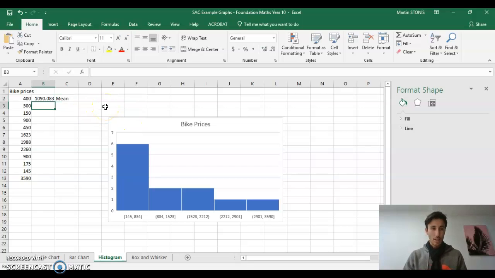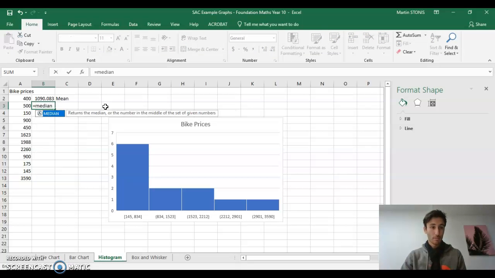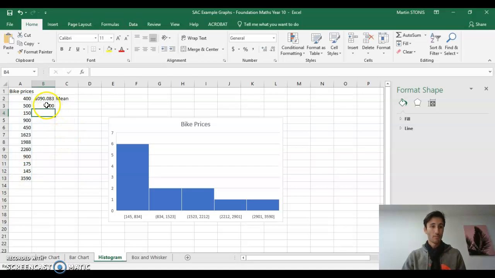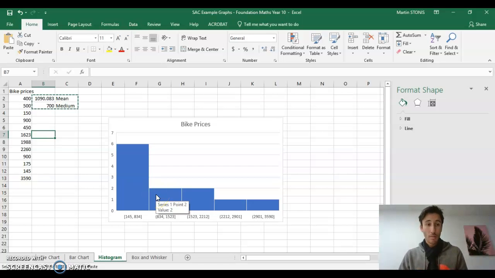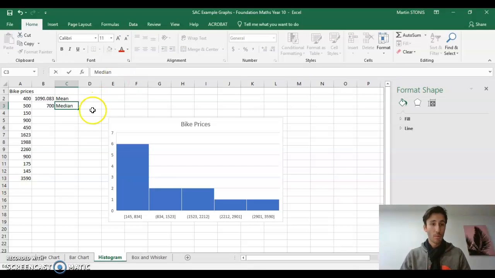Next, we want to do median. Guess what we're going to do? We're going to write equals for a formula. We will just write median. Remember, open a bracket again, select the same numbers, and this will tell Excel to calculate the median of that. Oh, look, it tells us the median number, the middle number is 700. So that's done. All right, so now we need to get the mean and median number. So it's median, a very common mistake,